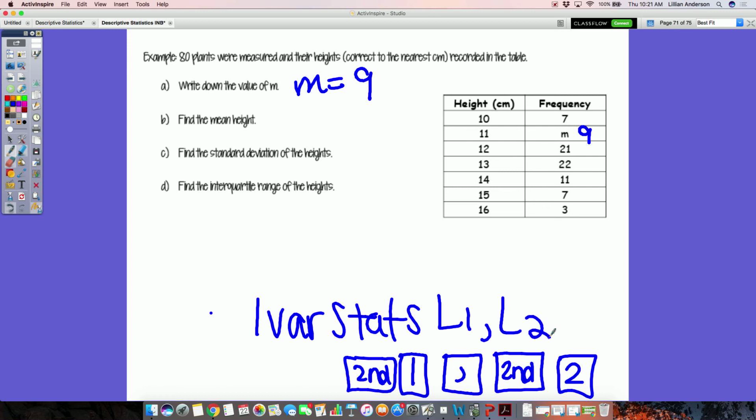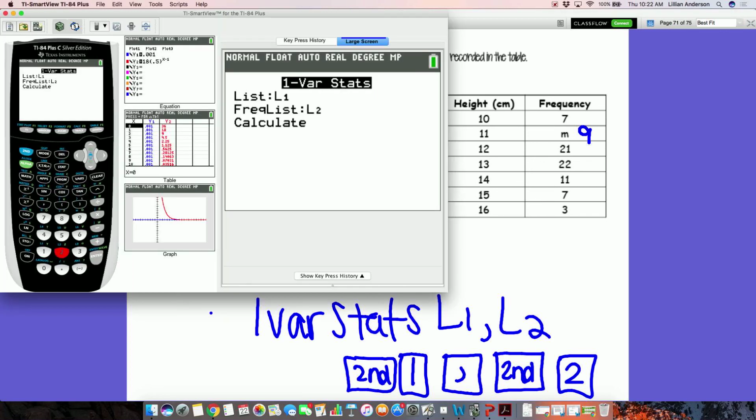You need your L2. If you don't have it, the calculator is only going to find all the information for your heights, literally those 7 pieces of data, not the fact that there's actually 80 of them. So that L2 lets the calculator know that these numbers show up this many times, so I really have 80 pieces of data. Does that make sense? So when we click enter or calculate, depending on what version calculator you have,